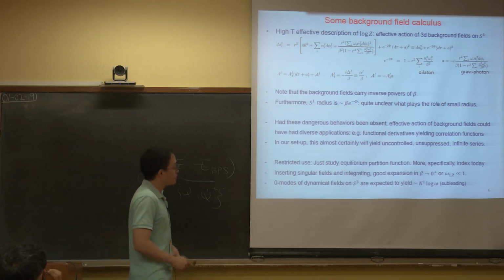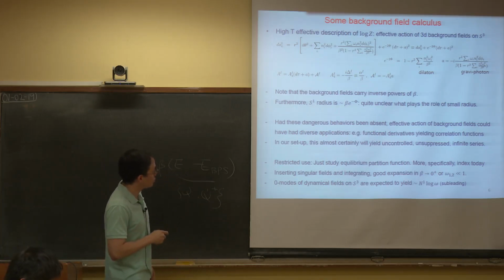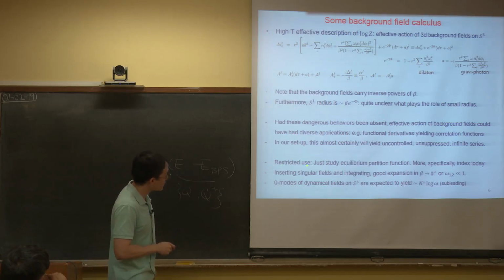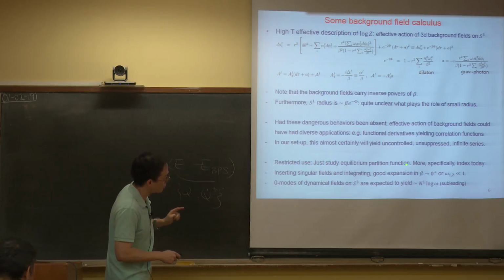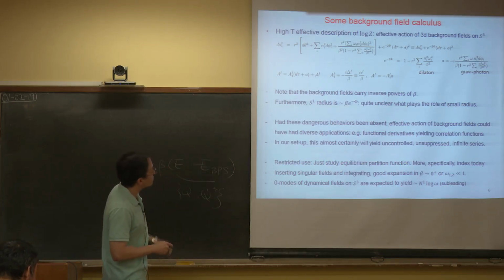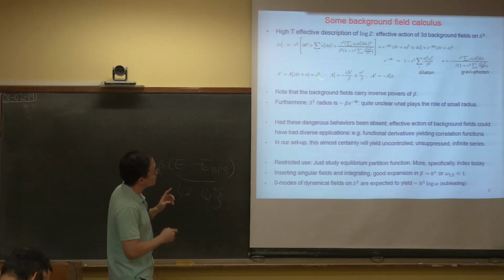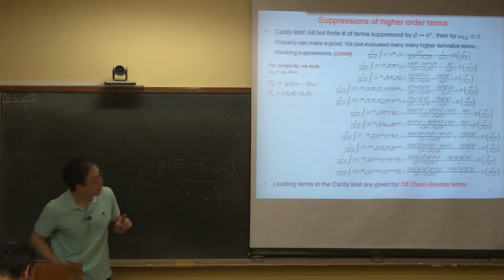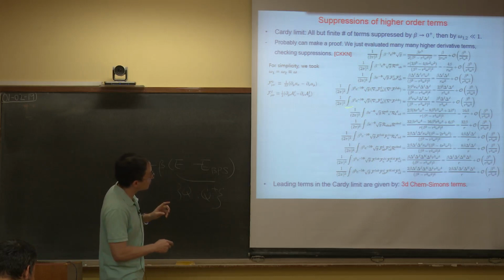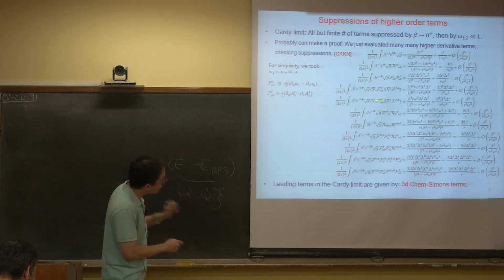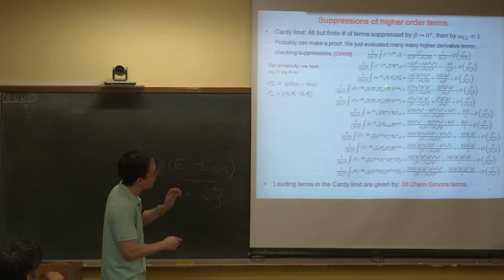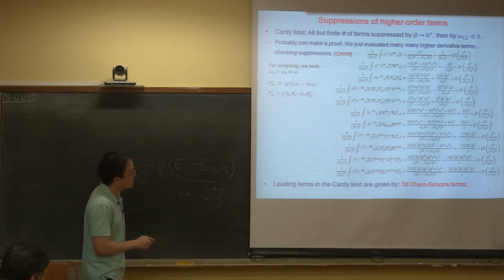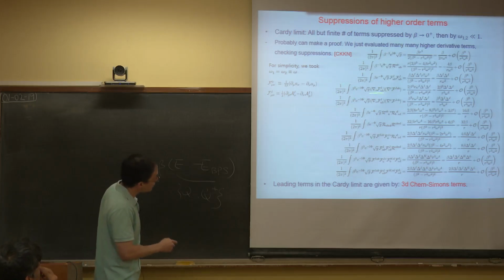However, my purpose is much, much more modest, and I'm going to restrict the use of this formal derivative expansion, I mean, the effective action arranged in this formal derivative expansion, just to study the equilibrium partition function. More specifically, I'm just going to plug in the values of these singular looking fields into these kinds of infinite towers of terms with suppression factors given by the dilaton, and just do the integral, and see whether they're suppressed or not, as the effective free energy of the partition function of my index. It turns out that just plugging in these singular fields and integrating over the 3-sphere,